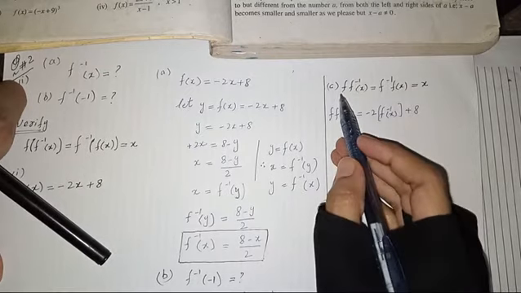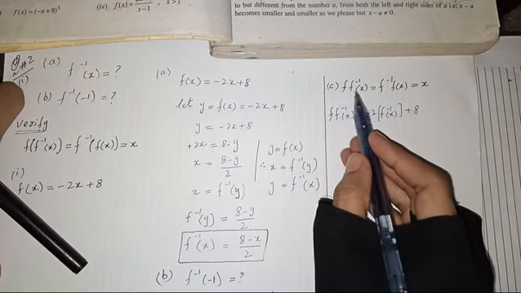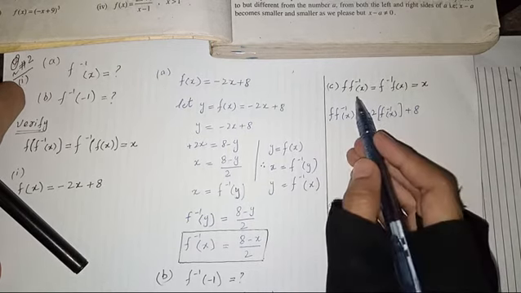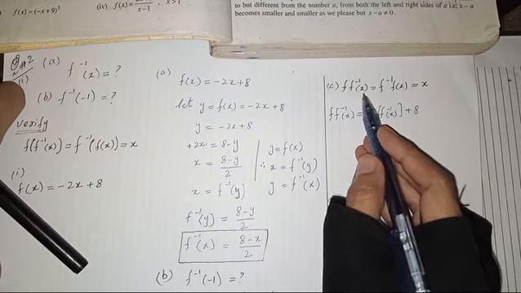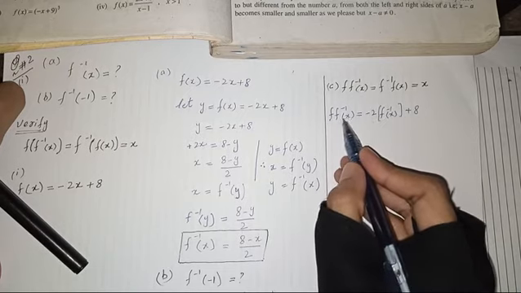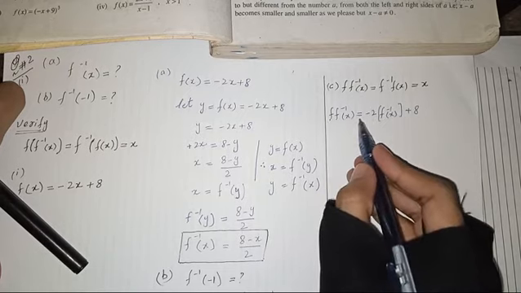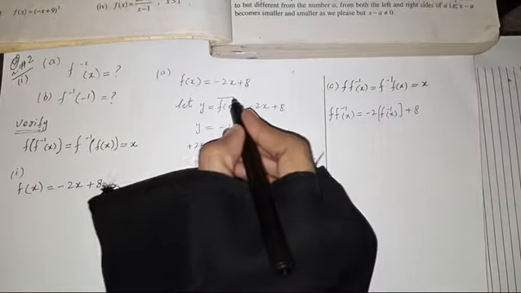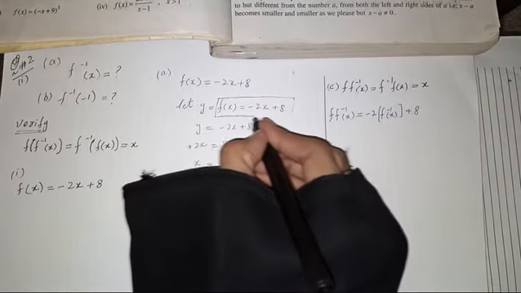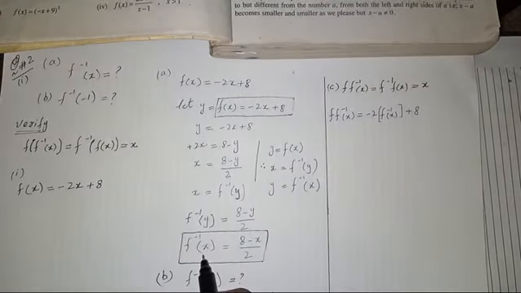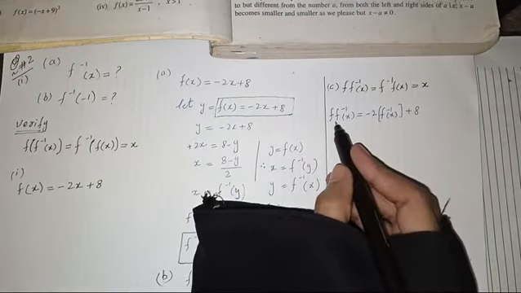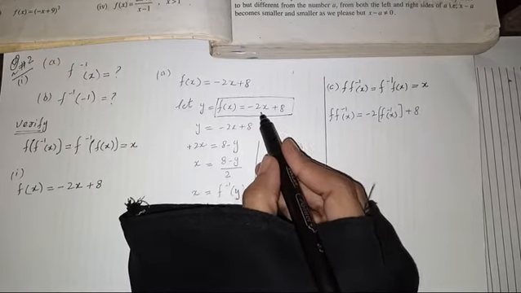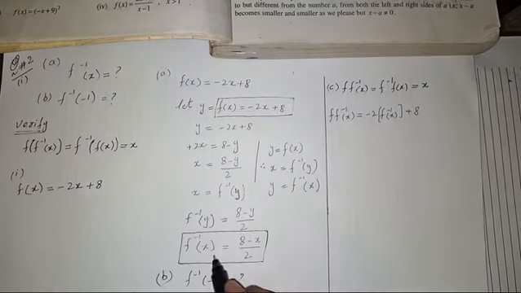Now girls, we are going to solve to verify f of f inverse x is equal to f inverse f of x is equal to x. So first of all, I am calculating f of f inverse x. Okay, f of f inverse x means in the function of f of x, that is this one. This is the function of f of x. Now we have two functions. One is f of x and second one is we have calculated f inverse x, right? So now to calculate f of f inverse x in function of f of x, we have to put in place, in replacement of x, f inverse x function.